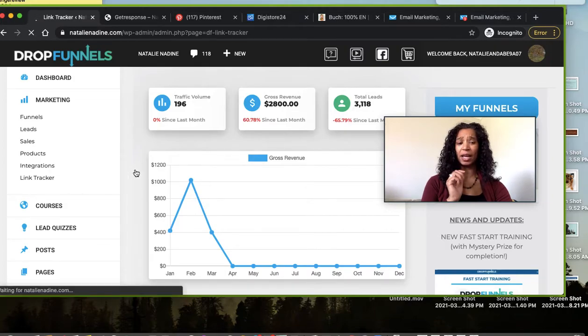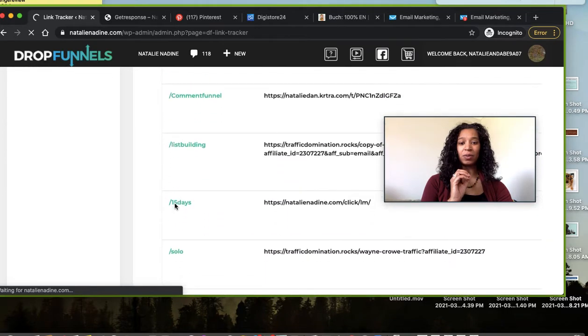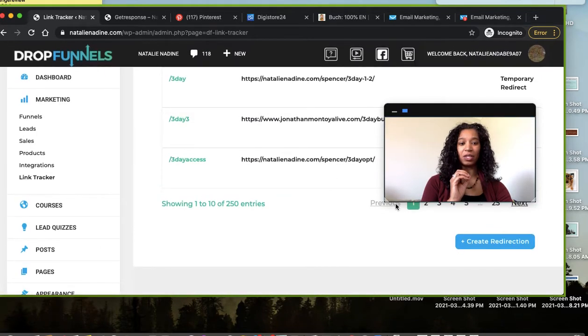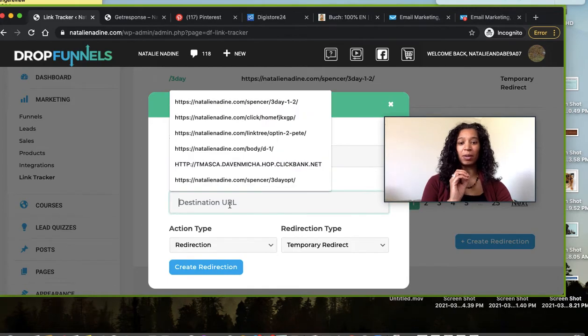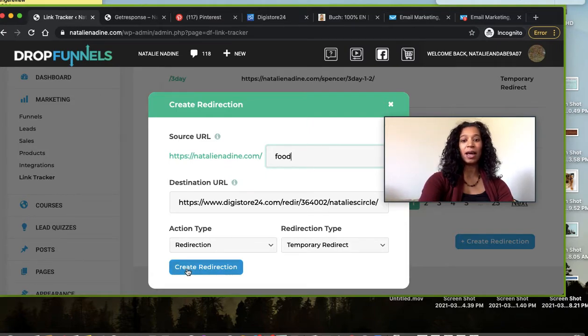I go ahead and I put my link right in there because that's what's going to give us the count each day so that we can track how many people. We're going to just paste this right in here and we're going to call this food. And then anybody who clicks natalienadine.com/food is going to be redirected right to that sales page. So I'm going to create this link now because this is what we're going to be promoting and sending out to people. All right,